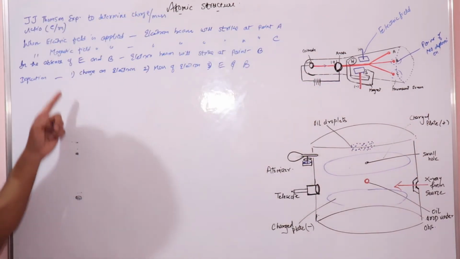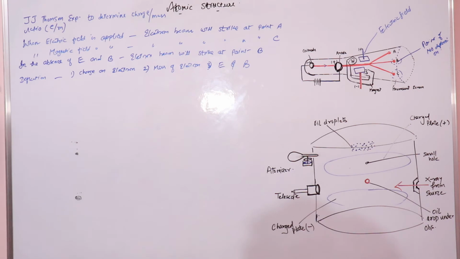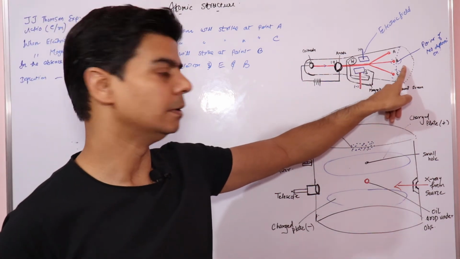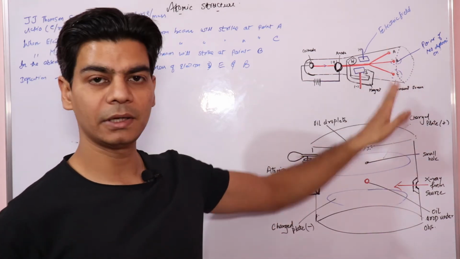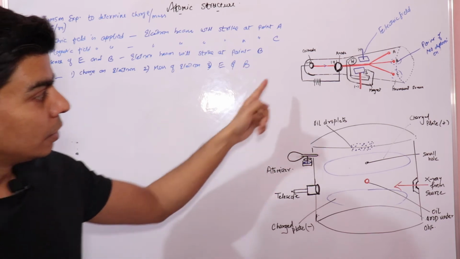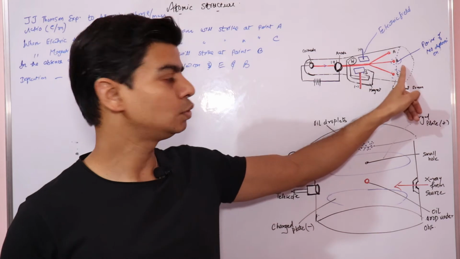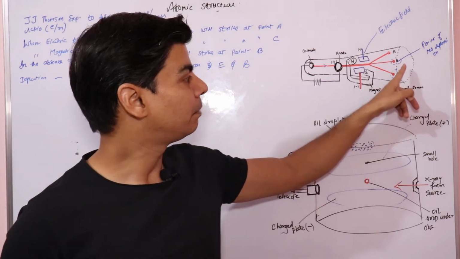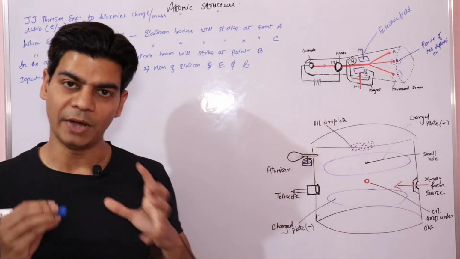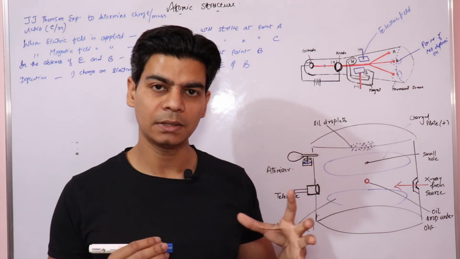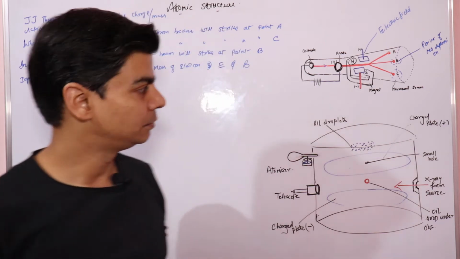Because we have seen this case, the third case here. In the absence of electric and magnetic field, the electron beam will strike this fluorescent screen at point B, where there is no deflection. No electric and magnetic field means no deflection, right? Now, we can also make this beam of electrons, negatively charged particles, strike the fluorescent screen at point B by adjusting E and B. We can adjust the values of E and B such that the electron beam will strike at point B, right?